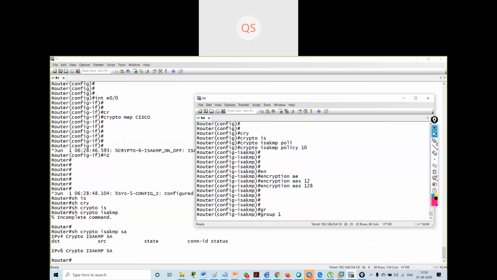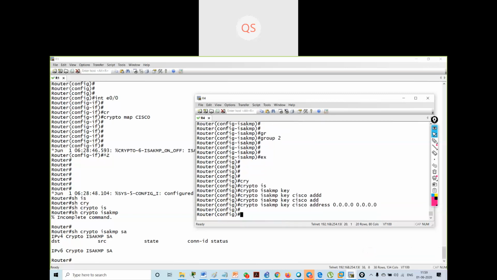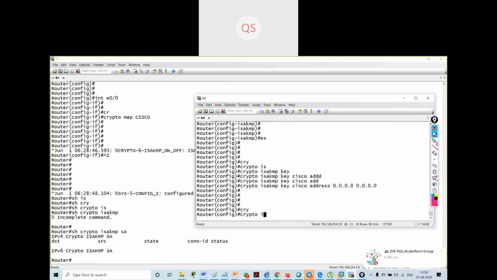Group 2, exit. I'll say crypto ISAKMP key Cisco and the address 0.0.0.0. Then crypto IPsec transform set.